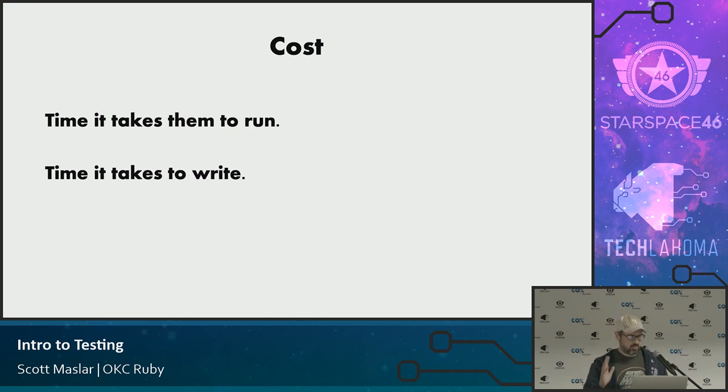There's always economics to anything that we're building. And so we have to measure this cost against whatever benefit we're getting from our tests. As long as our tests are continuing to increase our confidence, then we can start to see the value and understand why we're spending this money. Whenever our tests are super fragile or are just not increasing our confidence, then it starts to get harder to